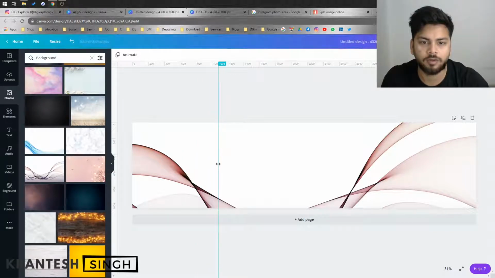Then you have to stick your guide at 1080 vertically, so that you get a particular image size and can place the element at a particular position. Now at 2160, you have to place another guide at 2160.